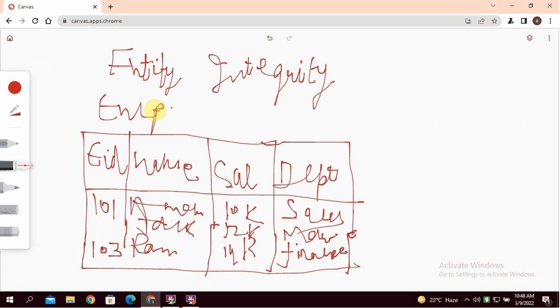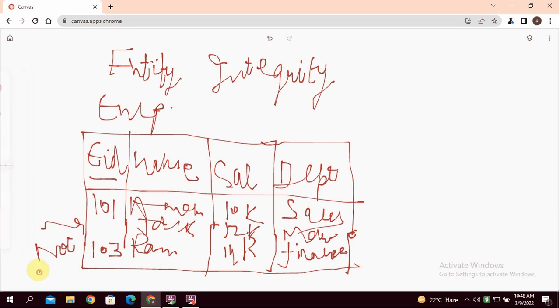Entity integrity rule: no attribute of a primary key can have a null value. Here, EID is a primary key. This is not allowed because EID is the primary key. So, this is the entity integrity rule. Here, null value is not allowed. Next,